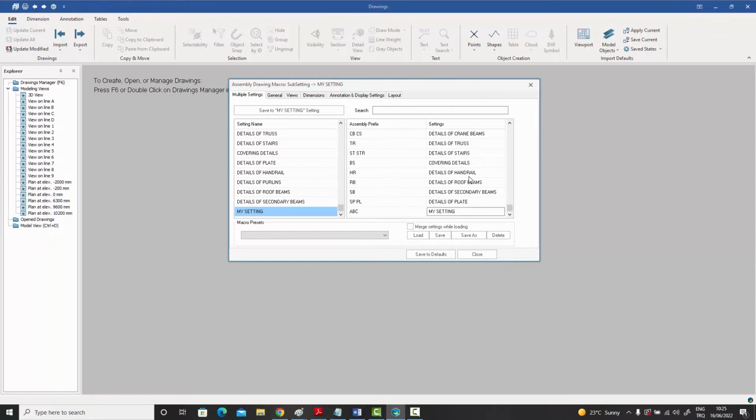And your columns might be done as single assemblies, so one column per drawing. So basically, anything you can do with these 5 tabs, you can then save away as a setting, and that setting can then be used in a particular assembly. Now, to make it even more